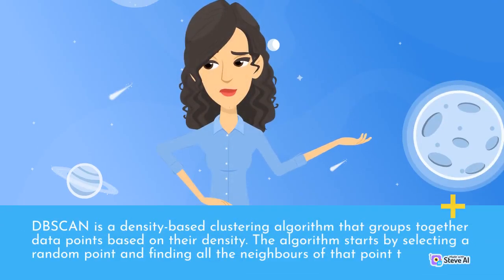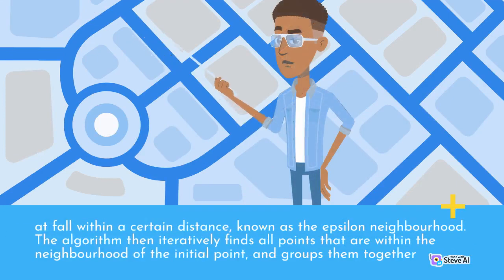DBSCAN is a density-based clustering algorithm that groups together data points based on their density. The algorithm starts by selecting a random point and finding all the neighbors of that point that fall within a certain distance, known as the epsilon neighborhood. The algorithm then iteratively finds all points that are within the neighborhood of the initial point, and groups them together